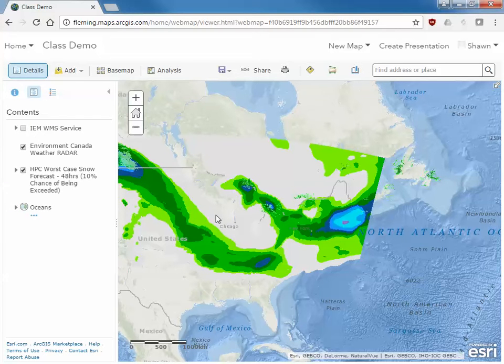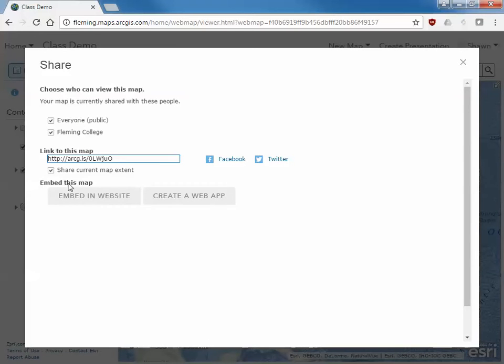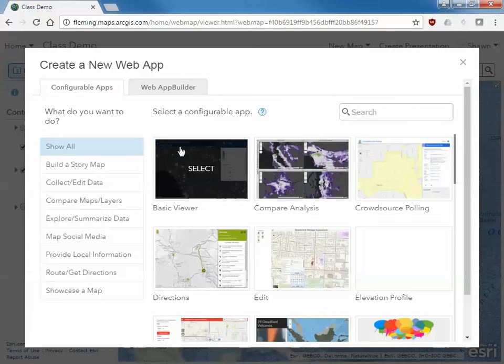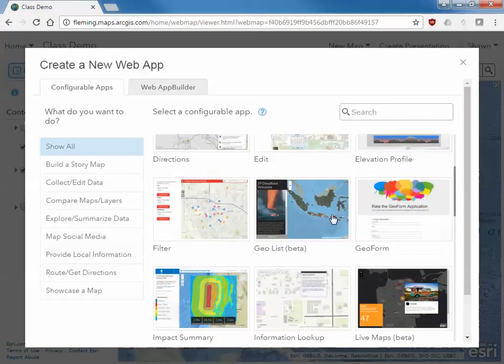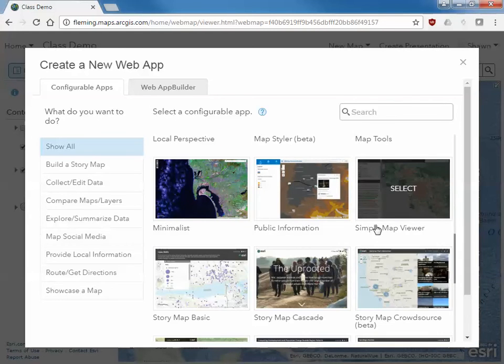Now what I'd like to do is share this map, and you can share it to the organization. It has to be available publicly. But this map itself is just literally a map. It's not an application. You can notice there's create a web map here. And the web app itself, then you can choose a template. And if you go choose any specific template, like the simple map viewer here,